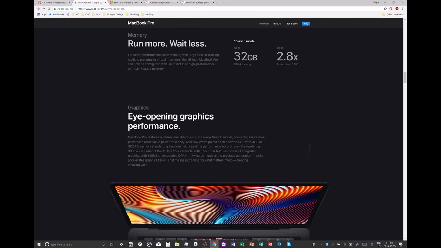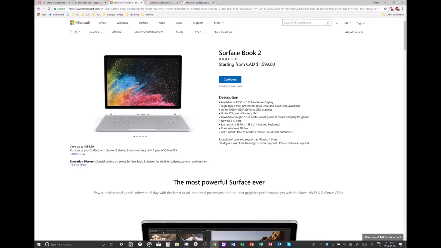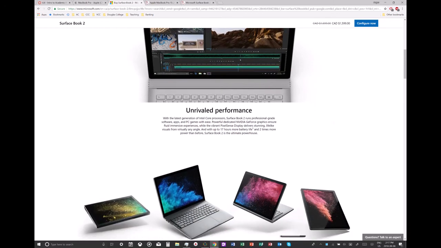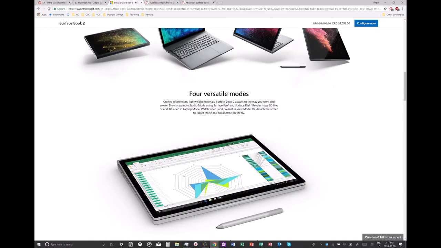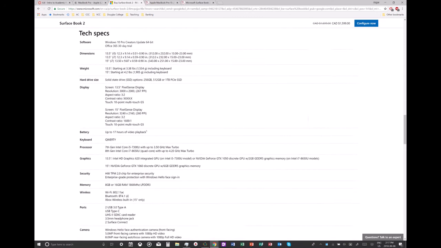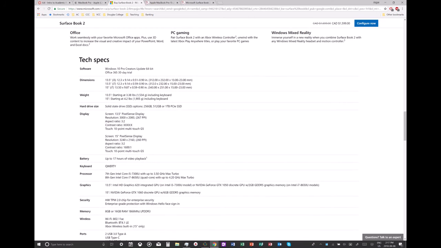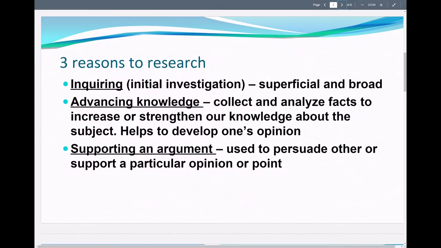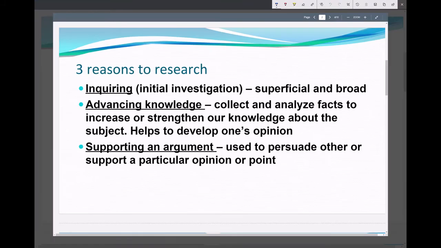And you go to Microsoft and you might do the same thing. Look at that. It's got a touch screen. You can do lots of things with it. It comes with a pen. And then maybe some details. And you look into that and you look at each one sort of on the surface and investigate. Maybe you want to find out which one is better and you want to buy one or both. Who knows?